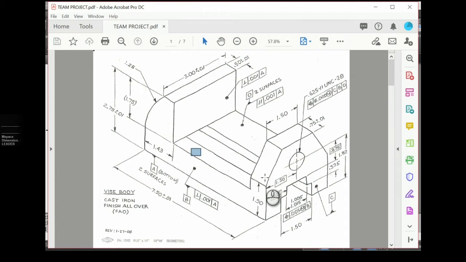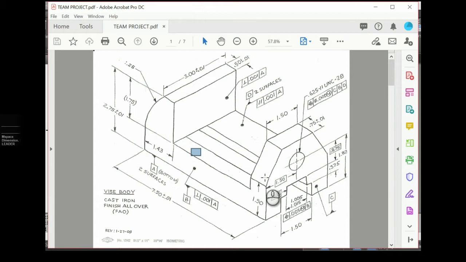And what happens with a surface datum is the surface datum is applied, listen carefully and write it down, a surface datum is applied to the view where the surface appears as an edge. Okay, so a surface datum is called out, or that symbol is placed, on a view where the surface appears as an edge. Okay,